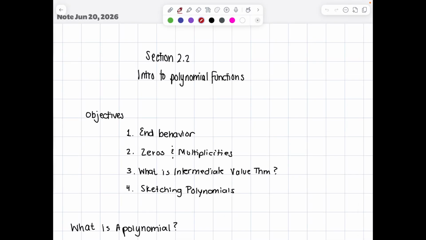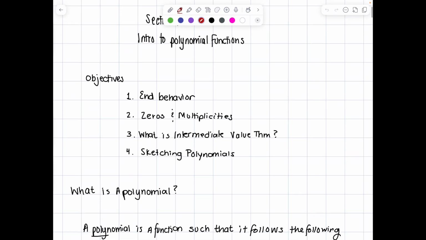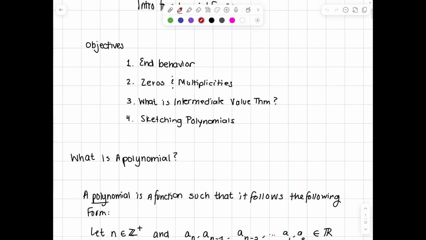All right, so in today's section 2.2, we're going to talk about what polynomial functions are and some of the main characteristics that they have. So we talk about end behavior and what that means, zeros and multiplicities and what that means, what is the intermediate value theorem, and I'm going to do a brief example, but I'm not going to go into great detail because you'll do this later on in calculus, and then we're going to talk about how we actually sketch these